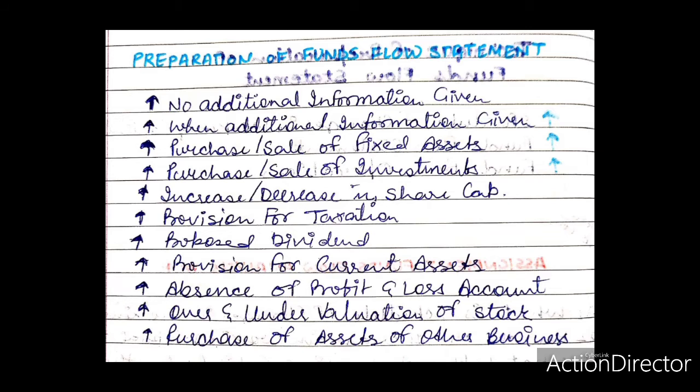If the balance falls short on the debit side, it represents purchase of the asset. On the contrary, if the balance falls short on the credit side, it is sale of the asset. This amount of purchase or sale of the asset will be shown in the funds flow statement as use or source of funds, as the case may be.